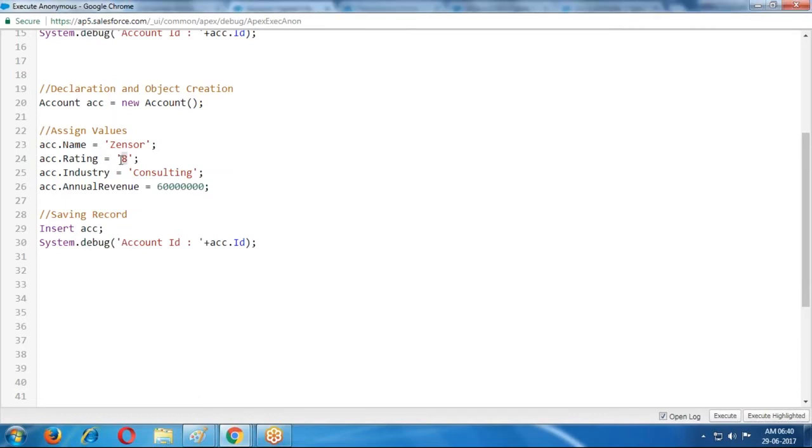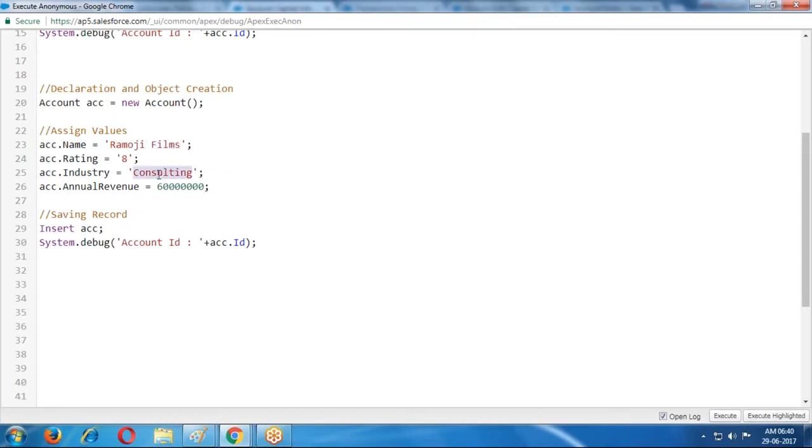Programmatically, if you want to store different values, you can store any type of value. Not required Hot, Warm, Cold; ABC also it is accepting. String type of value it is accepting. Suppose one more record I am creating. Now instead of Gensar I am taking Ramoji Films.